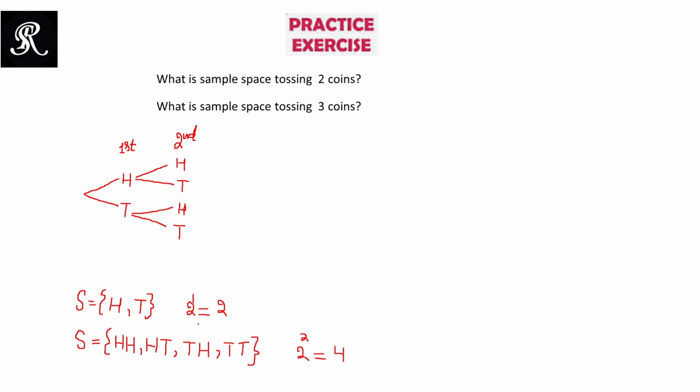So for tossing a coin, the possible outcomes would be H and T, that is 2 raised to power 1, that is 2. And now for tossing a coin twice, the total possible outcomes would be 4. The formula will be 2 power 2, that is 4. So the total number of possible outcomes in tossing a coin is 2, and the total number of possible outcomes in tossing a coin twice will be 4. Now if we again toss a coin,